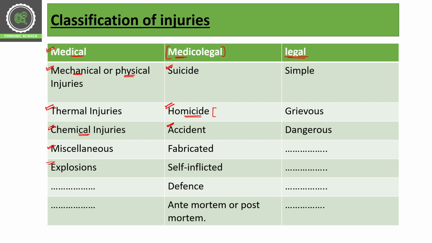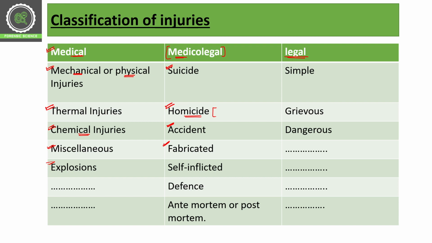Then we have fabricated. It is important. For example, I want to conceal myself. For example, I am involved in some criminal activity, and if I am attacking someone, and in the course of the attack I got some injury, so I have to cover it up. So for example, I have bruises on my knees and I have bruises on my face, so I will try to cover this up so that investigative people will not identify me as the suspect. So I will fabricate it. I will say I got this injury when I was playing, or I got this injury when I was in the gym, I got this injury when I was working in the kitchen, like that. So these types of injuries are known as fabricated injuries.